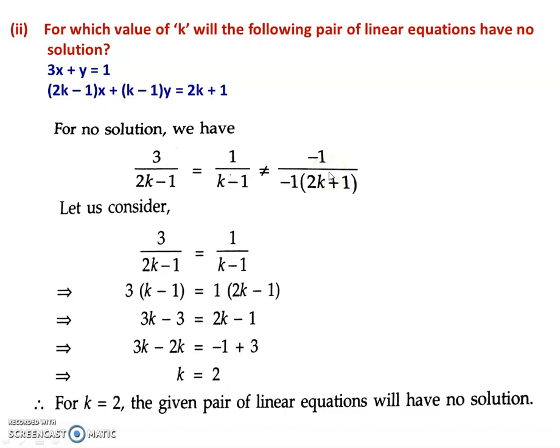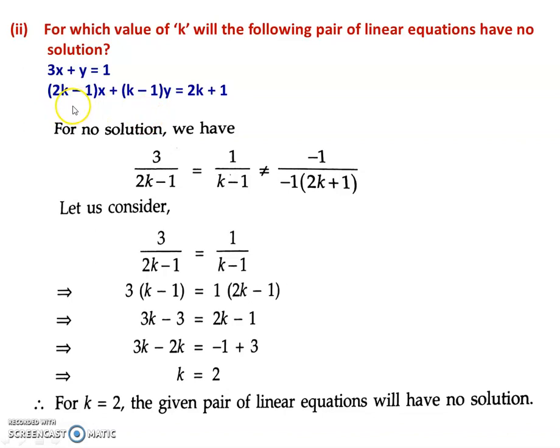c2. Now here you can see that we can form only one equation, because if we equate the first and second ratios we get one relation in k, and we can solve it. So there is only a single variable that has been given, that is k. In the previous one we had two variables a and b and we could form two equations, because we had three equal ratios, a1 by a2 equal to b1 by b2 equal to c1 by c2. So in case of infinite solutions you can have two variables. For the condition of no solution you can have only one variable, that is k.